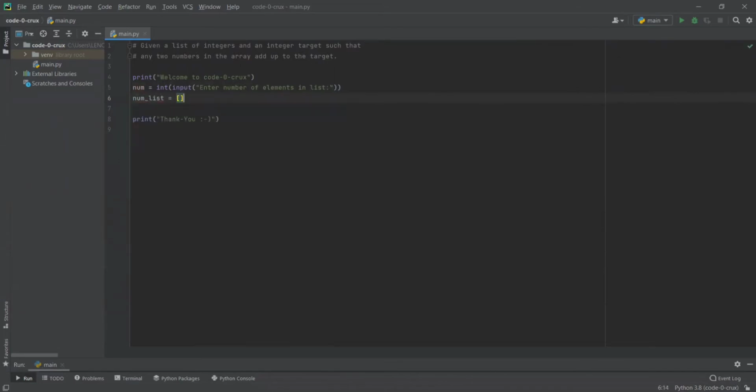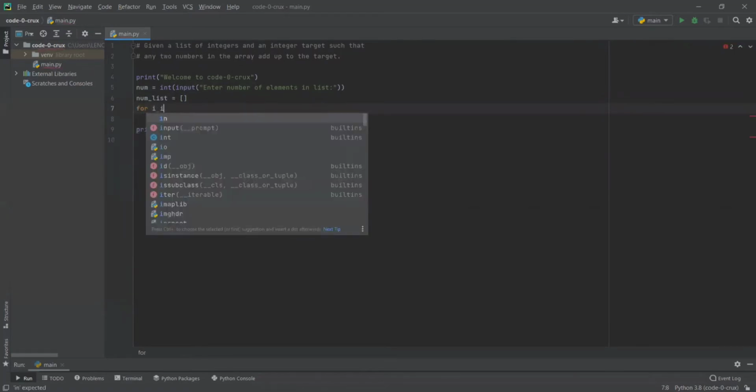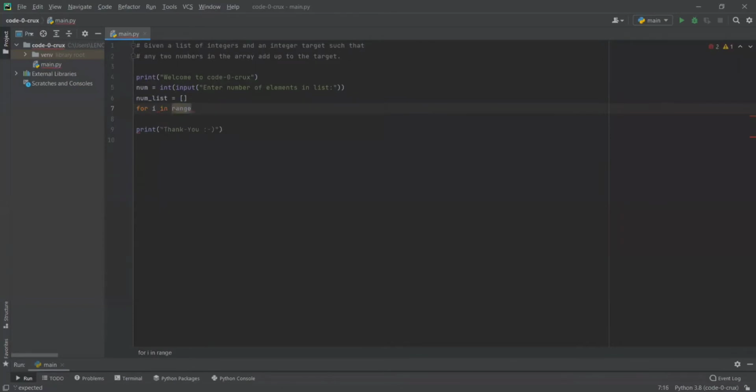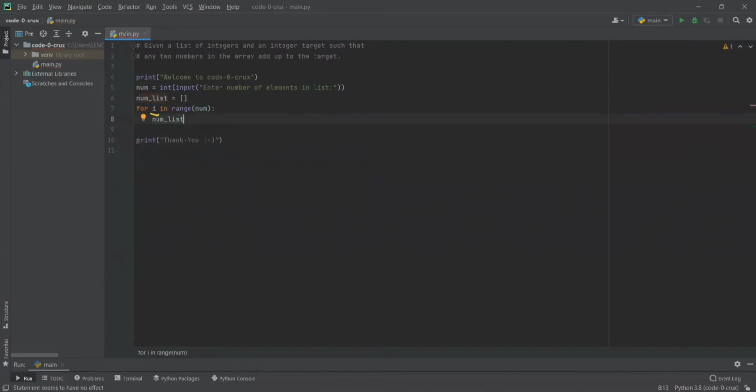We will beforehand declare a list in which we have to take the numbers from the user. Now I will show you how to take the numbers from the user. We will use a for loop. A for loop basically iterates over all the elements. You might be familiar with this. Here, the i, as you can see in the for loop, is basically a pointer which points to every element in the list. So let me consider a list as 1, 2, 3, and 4. In our case, i will be 1, then 2, then 3, and then 4.